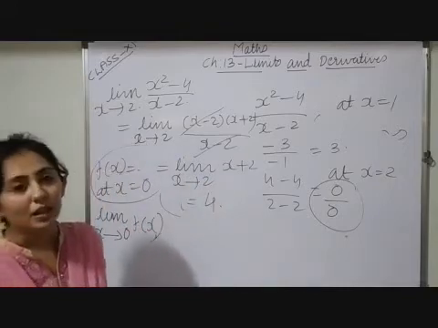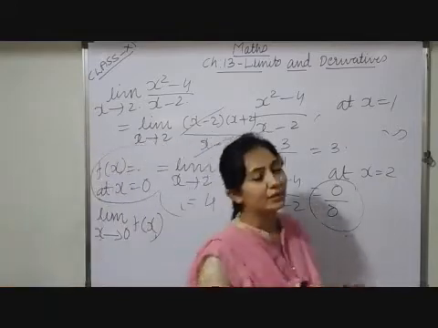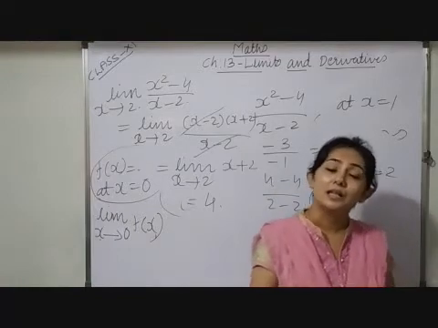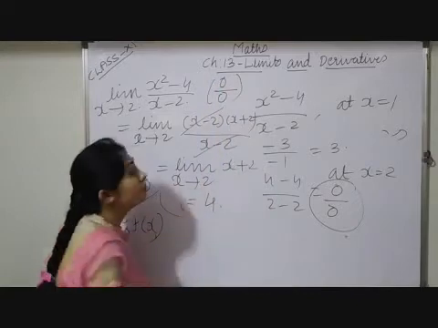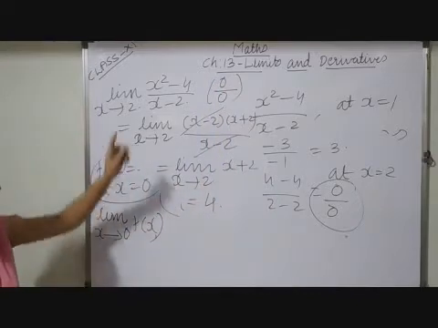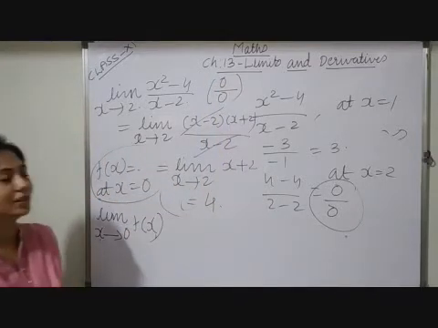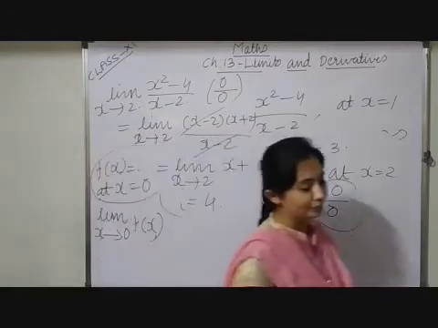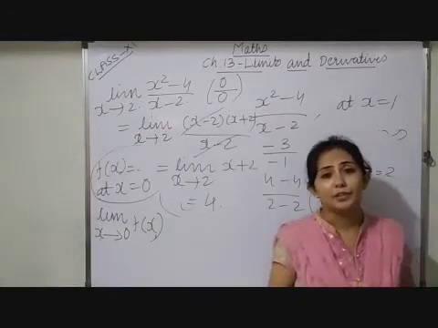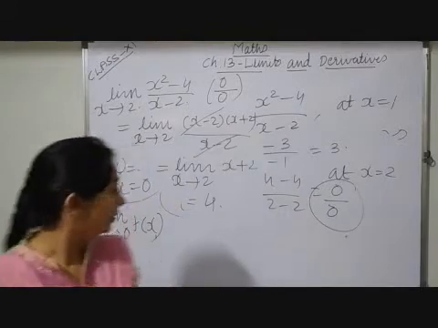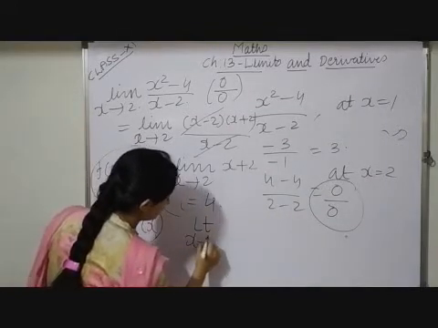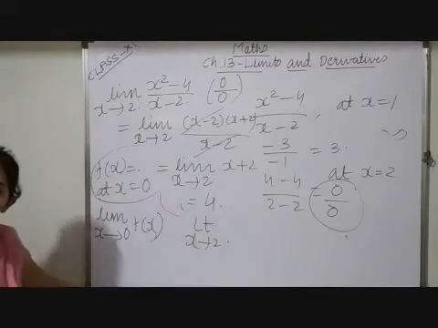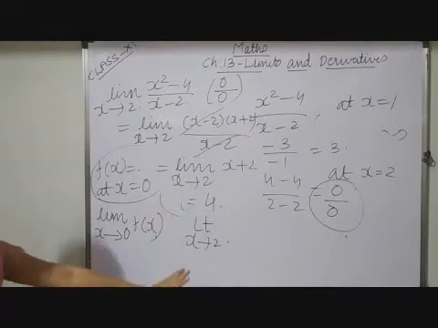So now children, I hope it is understood why we have to apply a limit. Here we have to specify that it is 0 by 0 form. So direct limit is not applicable, and that is why some mathematical calculation is required here. Now, in some of the reference books, you may find that in place of lim, they have written lt, x tends to 2. The meaning is the same only, just the way of writing is different.